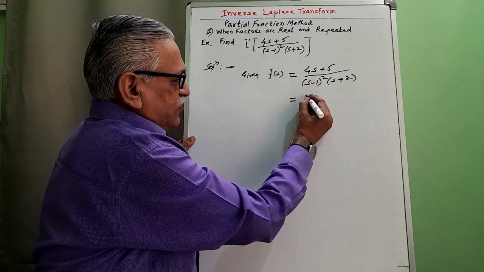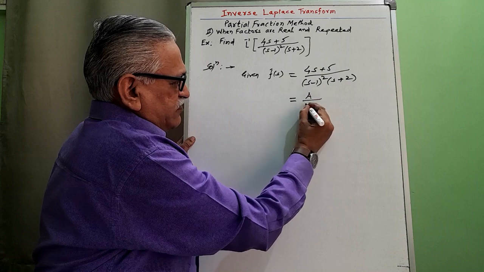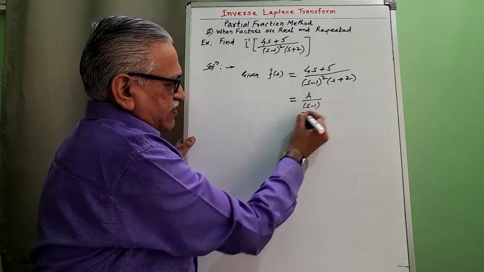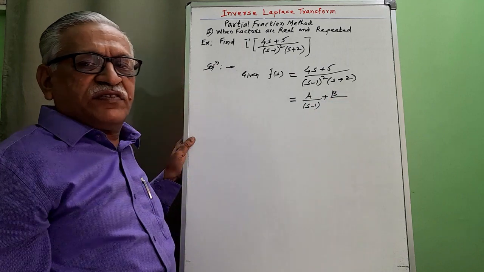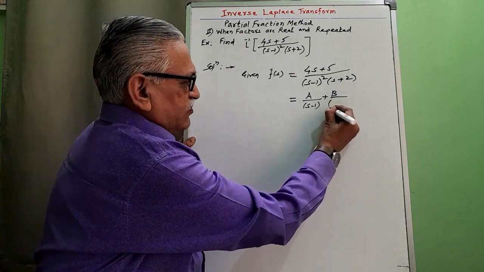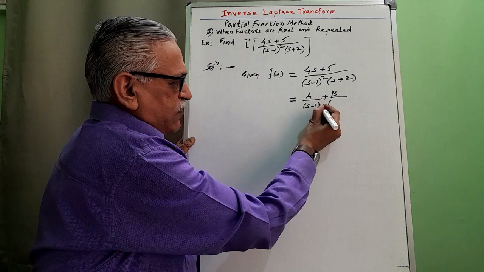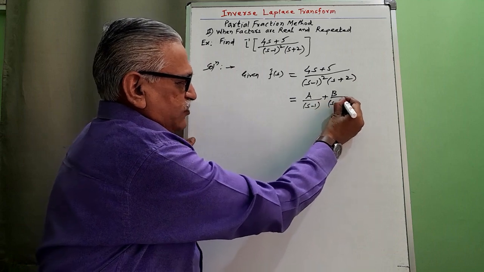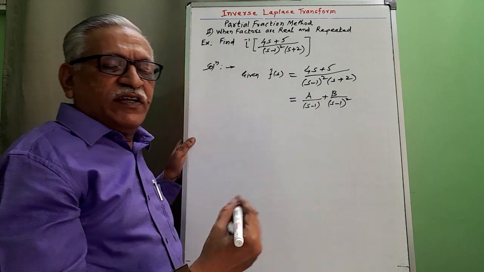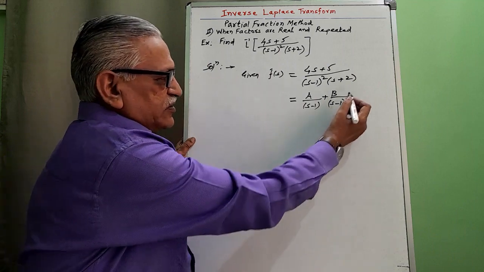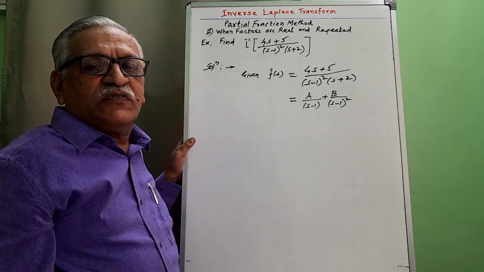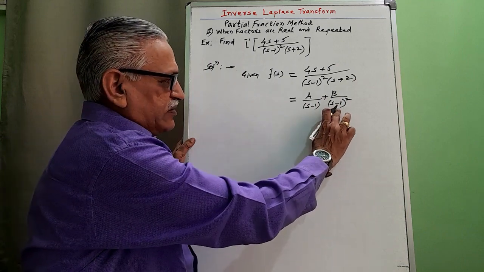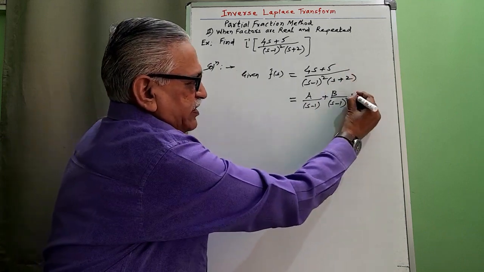This is repeated, therefore a upon that factor s minus 1, plus b upon, as it is repeated twice, we increase the power by 1, therefore s minus 1 whole square. If it is repeated third time, it is c upon s minus 1 cube, like this. For every repetition, we have to increase power by 1. And then for this non-repeated, it is c upon